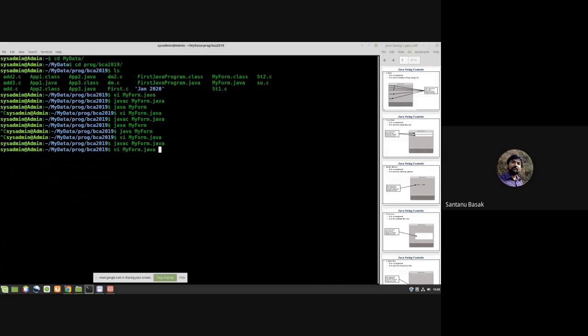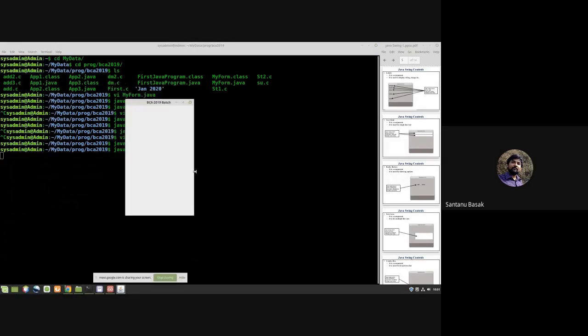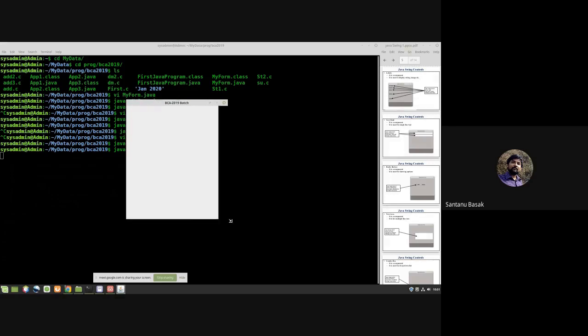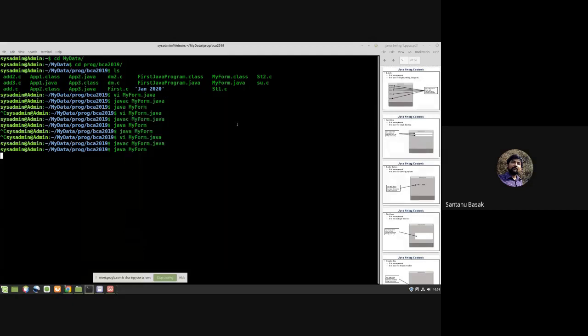So we should see the label, but there is nothing in the area of this panel or in this window. Actually, we can't see anything because we haven't set any text for the label.